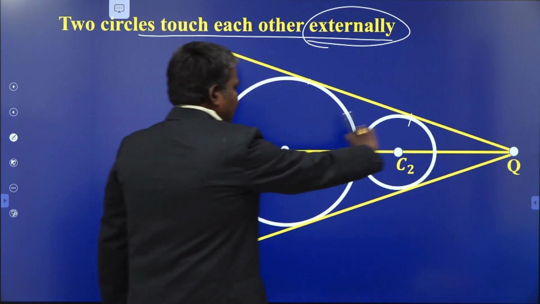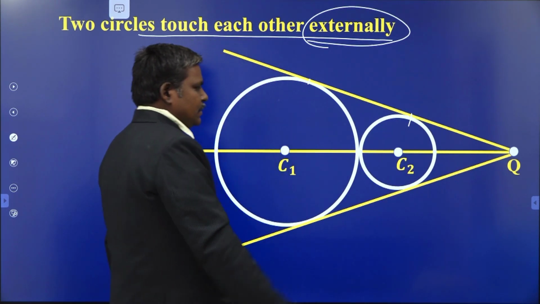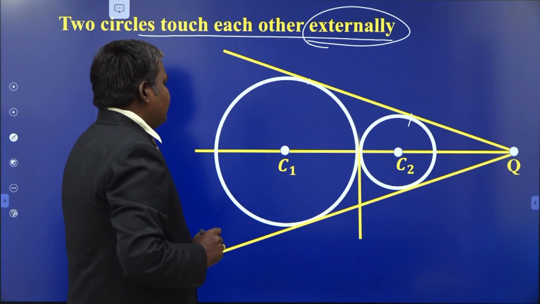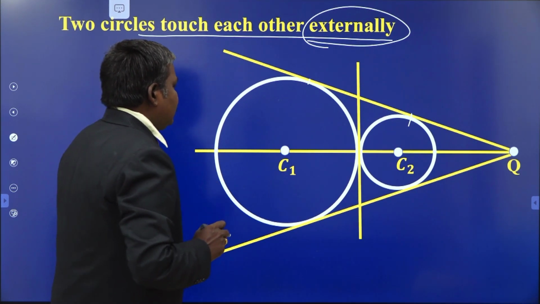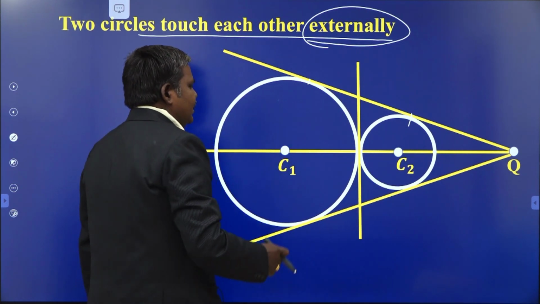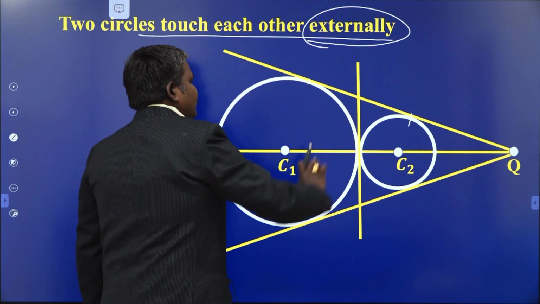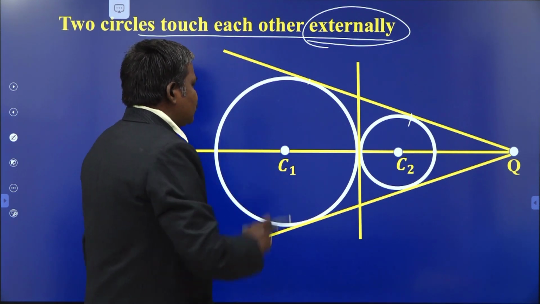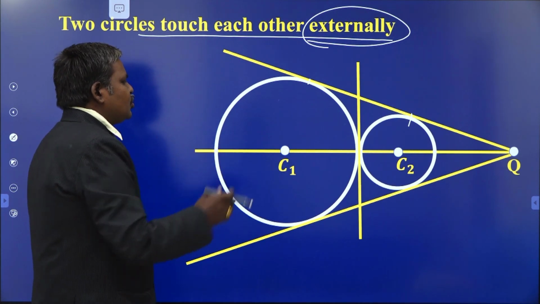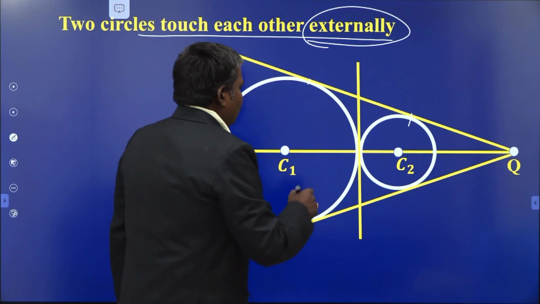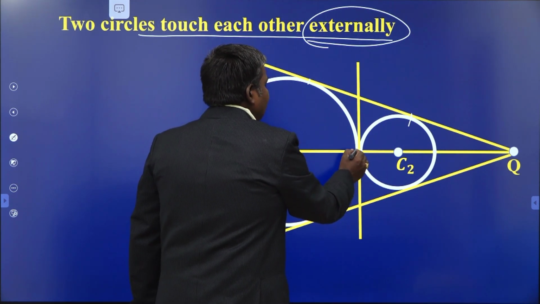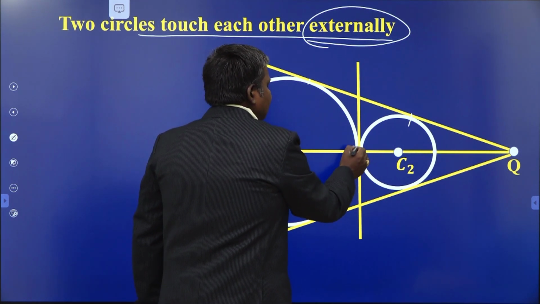So direct common tangent, there exist two direct common tangents, they intersect at the external center of similitude. Similarly, there exists another common tangent, where C1 is on the left side and C2 is on the right side of this common tangent. That is why this is called the transverse common tangent. There exists only one transverse common tangent and two direct common tangents in this situation. So there is no other transverse common tangent here. There exists only one transverse common tangent at this point.